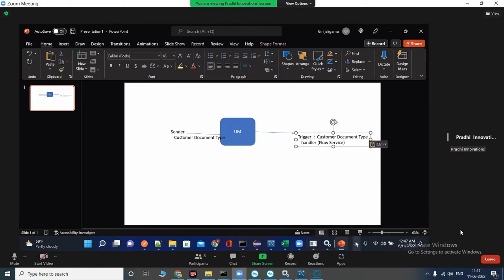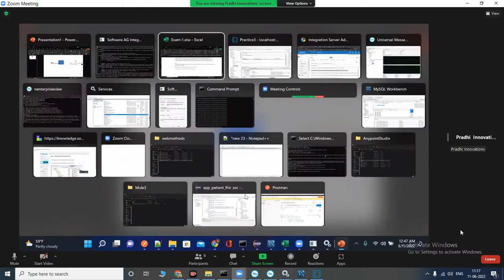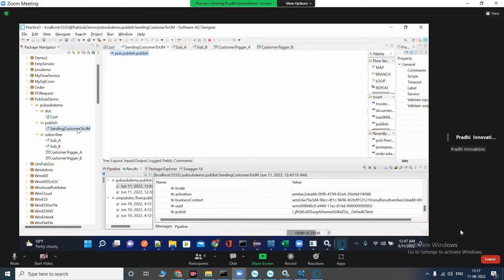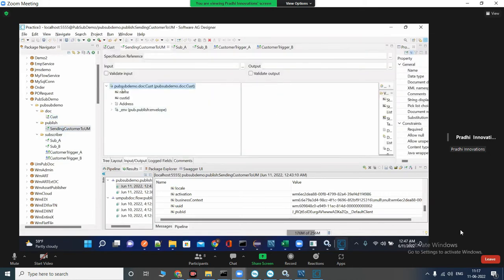If you see here, the trigger we configure with the same document type, the same document which the sender is sending. So the sender is also the same document type. Both will have the same document. But